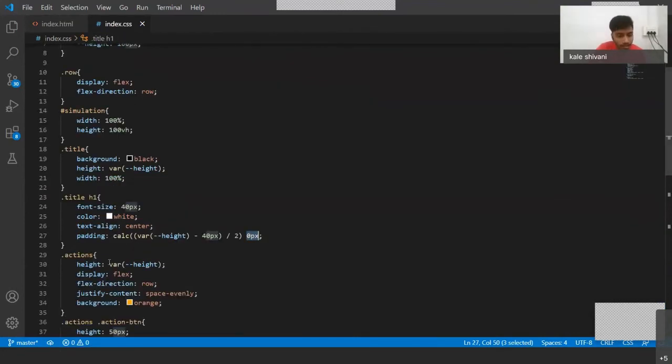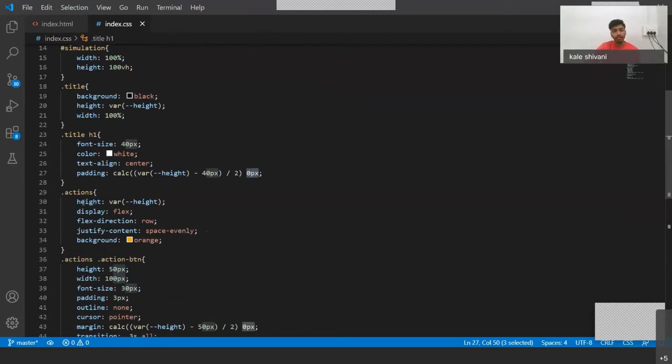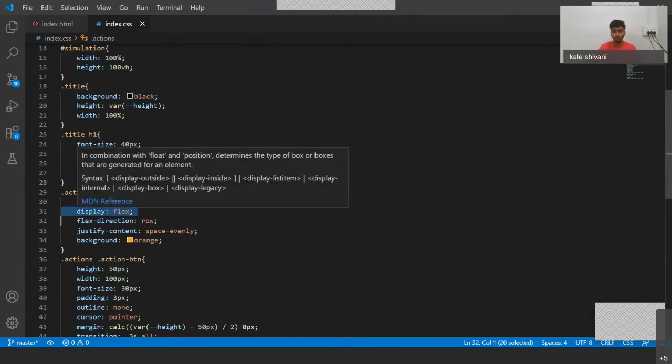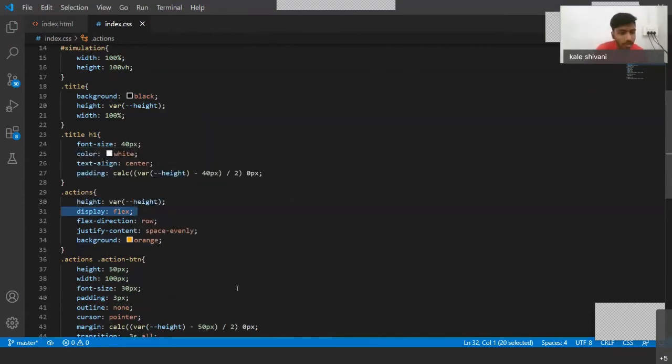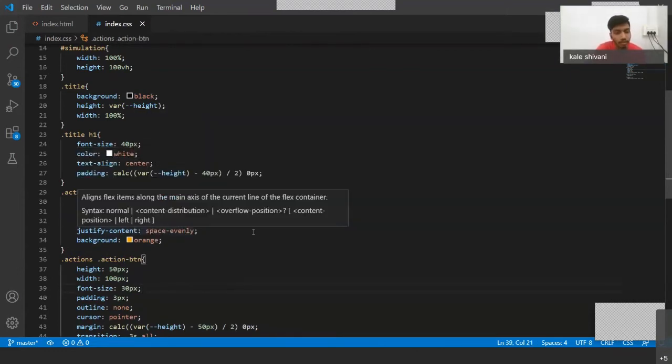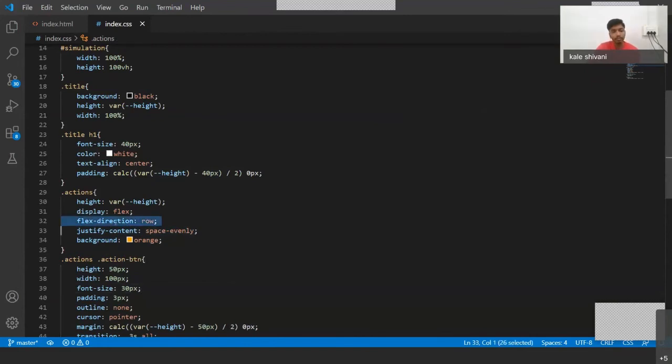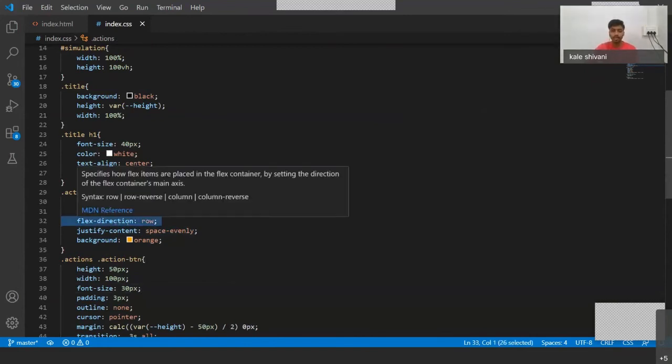And inside our CSS, for the action class, we do the same. We apply the same height. We display as flex. There are lots of options that you can use instead of flex, but I use flex because I like it very much, and it allows me to use another attribute, which is flex direction.